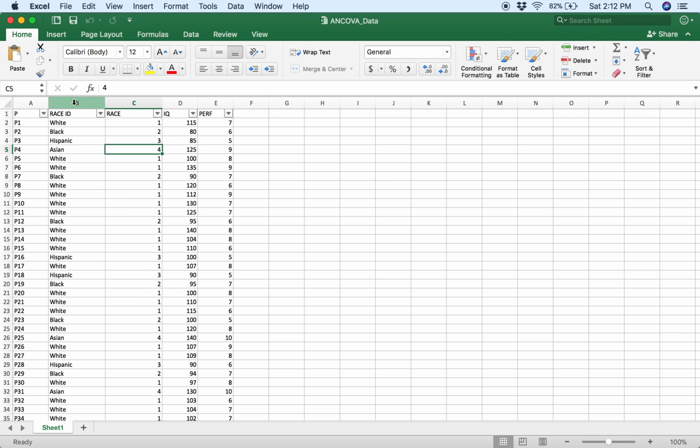And backtracking a little bit for race, I actually looked up the percentages of each of these races within the U.S. population, and then applied that to